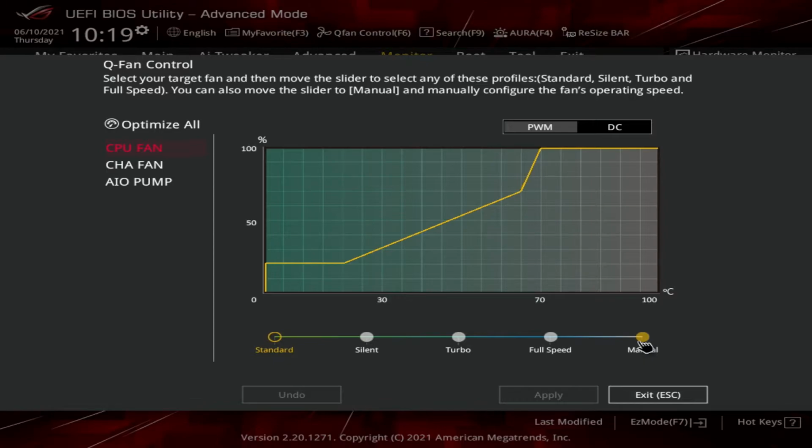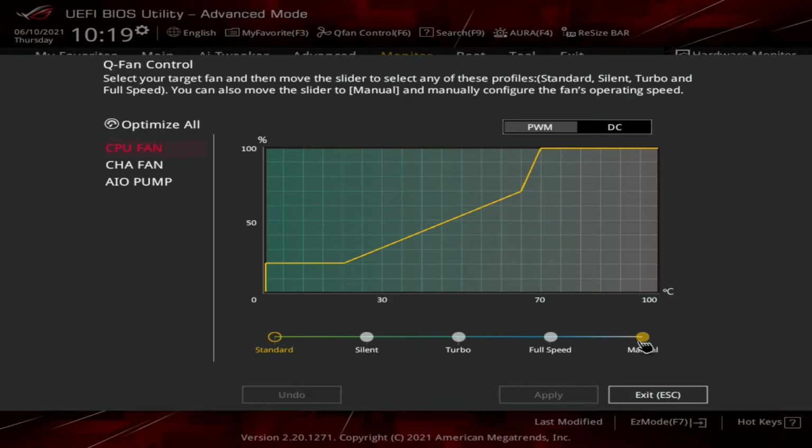And you can tweak this in order to manage sound and manage thermals, kind of all together. So if you're okay with your processor running at 50 degrees like I am, then maybe you don't have to have your fan on quite as high. If you want to make sure that the processor is running a little bit cooler, you can have the fan running faster, which would hopefully dissipate more heat, but that would create more noise. So there's a trade-off there, and it depends on